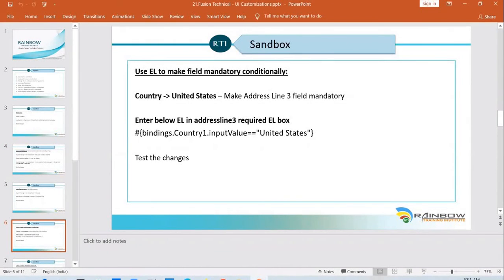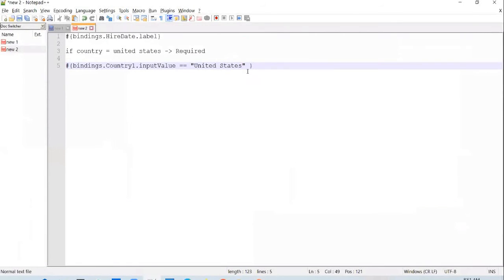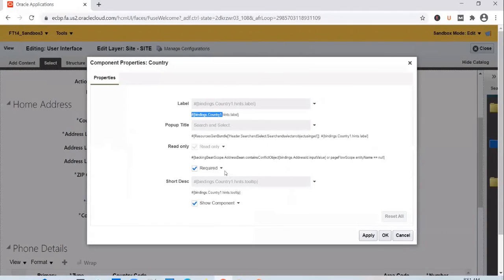So I can put in an expression like this: bindings.country1.inputValue. This will give us back what value the user has selected, and we are comparing. You have to use double equal to, and we are checking if the value selected is United States or not. And this needs to go into inverted commas. And you have to paste this condition into the expression box of required.